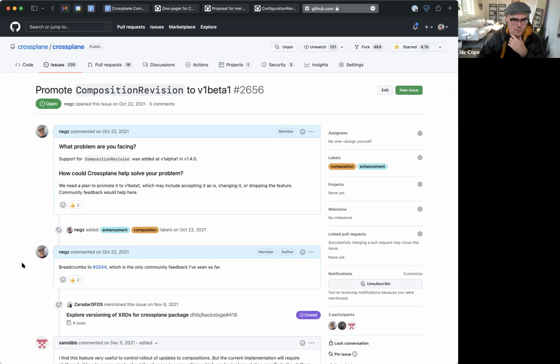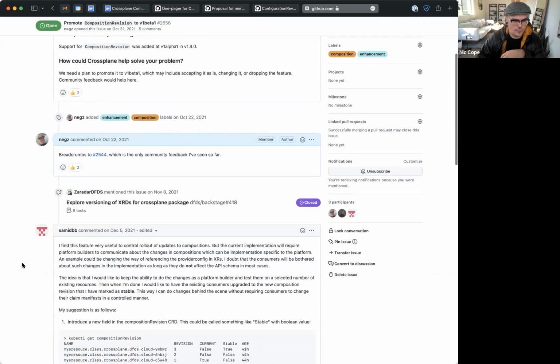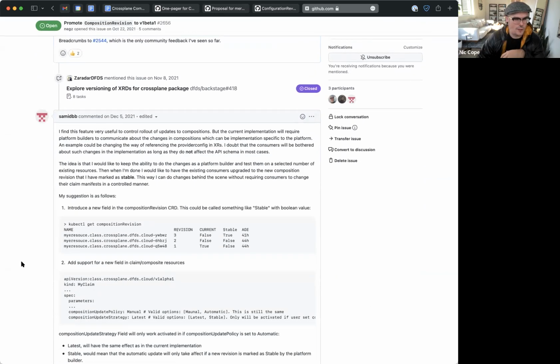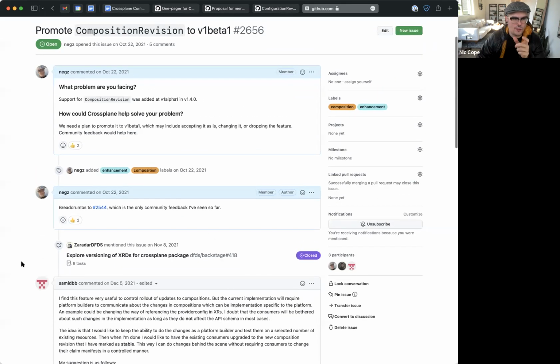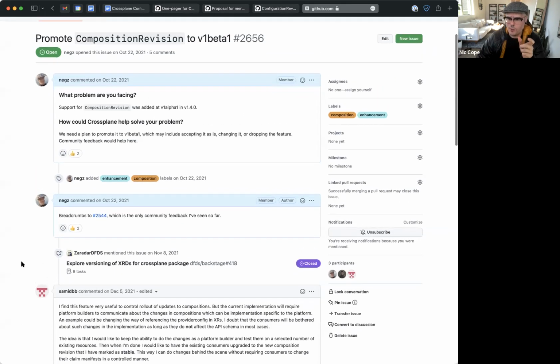We have got some good feedback from folks that it's pretty useful. The most concrete request came from Gillian Hill's team, effectively asking for a way to consistently specify a composition revision across clusters, because at the moment when you create a revision, it has a randomly generated name, so it's not possible to create a claim that pins to a particular revision